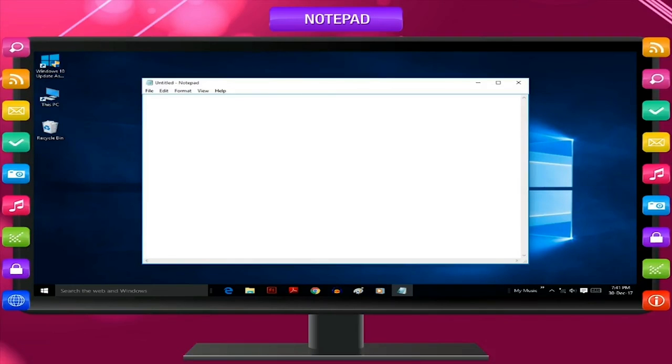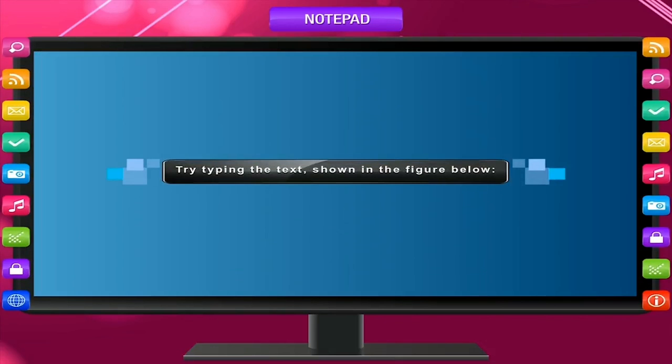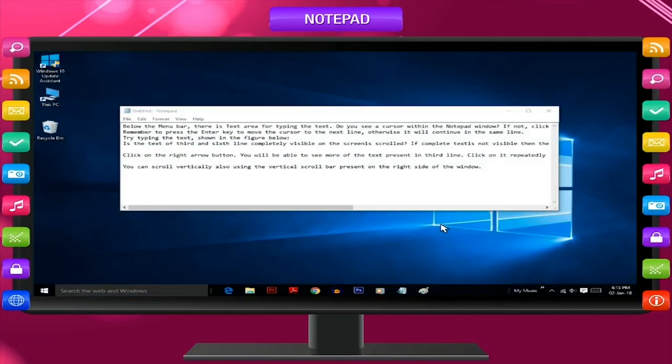Do you see a blinking line at the top left corner of the white area on the Notepad? It is called a cursor. It shows the position where you can type. Now you can begin to write your name, phone number, letters, etc.